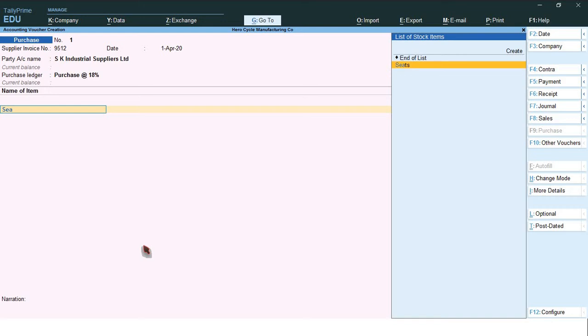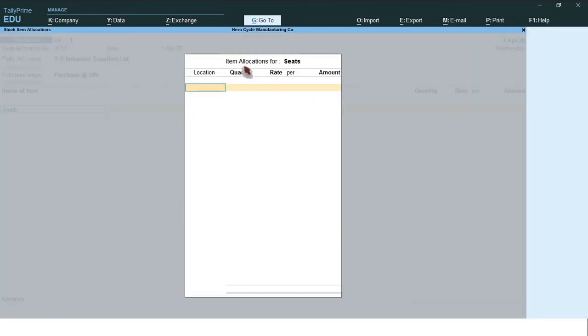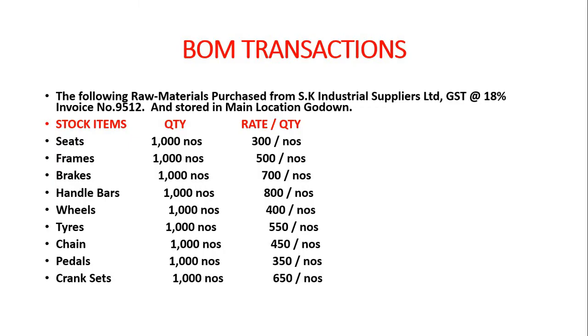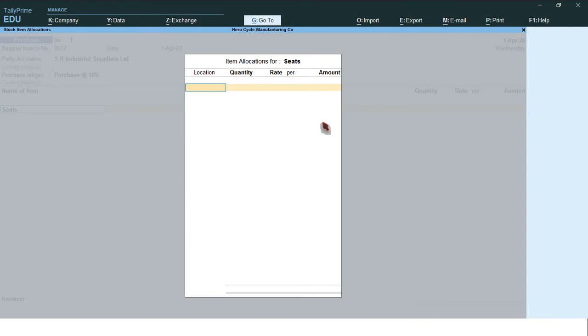Select seat. So location, you have to select main location because the raw materials are stored in main location Godown. Quantity 1000, rate 300.